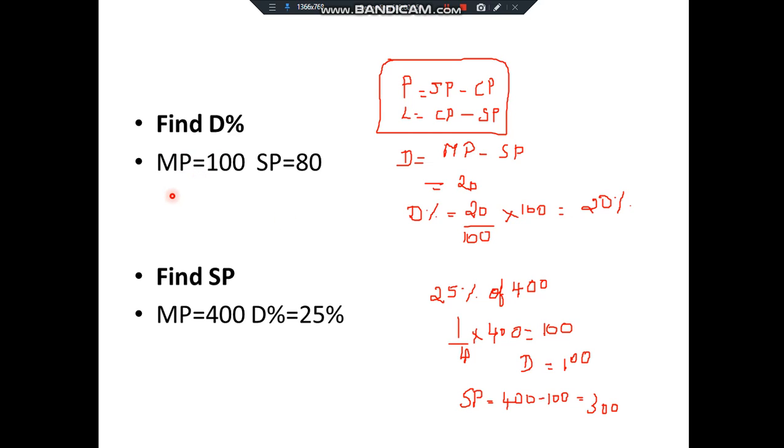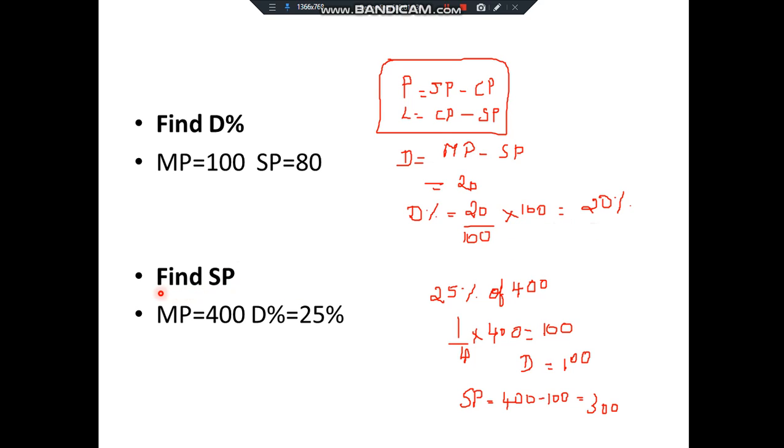Okay, first we'll have to find the discount percentage. So before getting into discount percentage, what do we have to find? We'll have to find discount. Discount is nothing but the difference between the market price and selling price. Here it is 100 minus 80, which is 20. That is the discount. So discount percentage is nothing but 20 rupees out of how many rupees? Out of 100 rupees, that is market price, we get 20 rupees discount. So for 100 rupees we'll have to find, so into 100. So 20 by 100 into 100, 100 cancel, it is 20 finally. Okay, so discount percentage is equal to 20%.